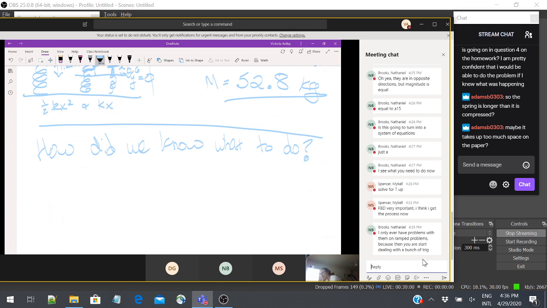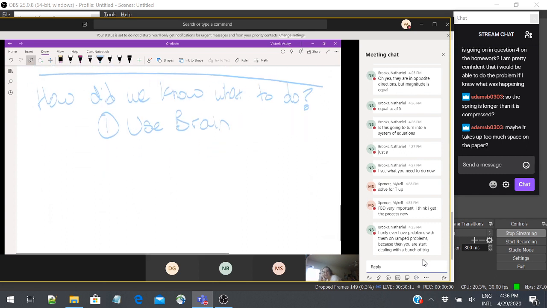So I tend to recommend thinking about, step 1, use brain, right? This is my underappreciated first step to solving all physics problems. Read the question, look at it, imagine it in your head. Your brain is more powerful than almost any computer that exists. Let it help you. Skipping over stuff is how you cause problems for yourself. So read it carefully, imagine what's going on.